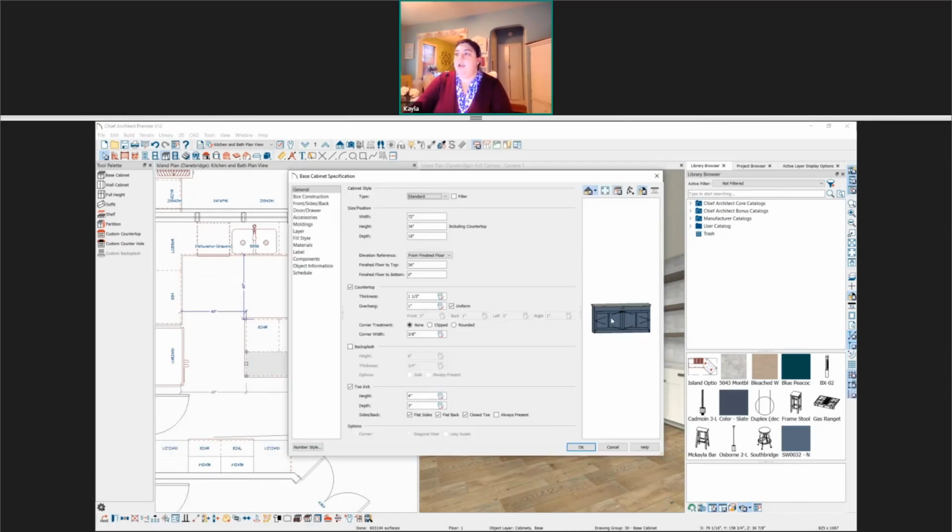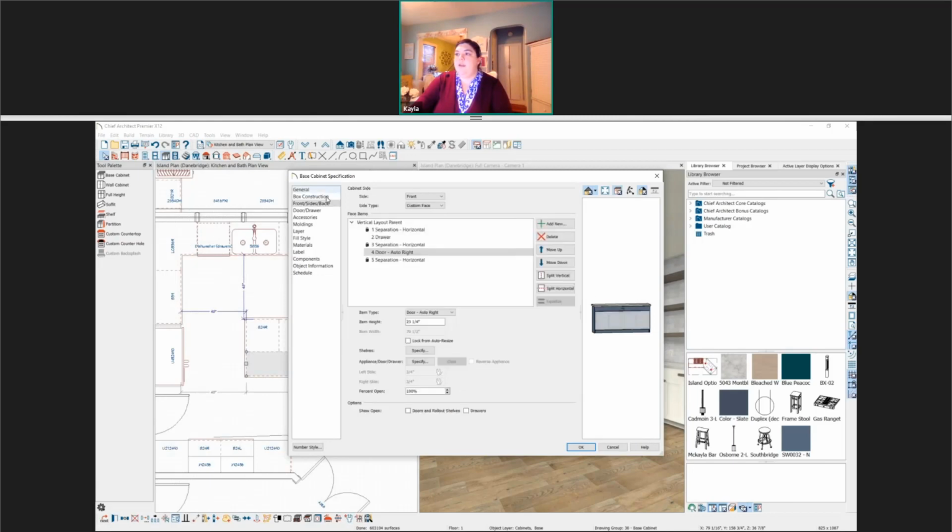And I'm going to click on any component over here in the preview, and it'll bring me down to the front sides back panel, where I can begin to make additional edits to the individual components of this cabinet. So I'm going to select this area and change it to an opening. And I can leave the drawer. I'm going to go ahead and delete it. So we have just one big opening.